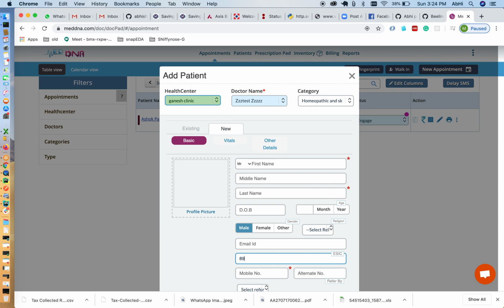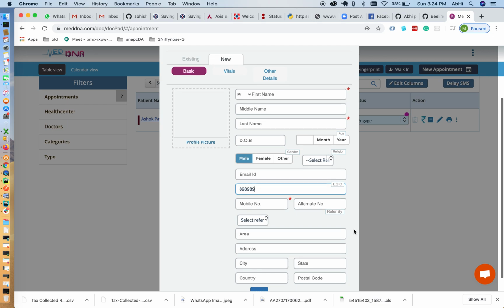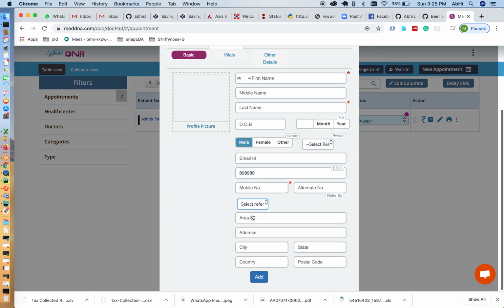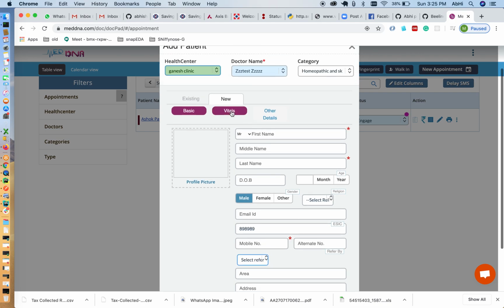Whatever ESIC number is entered, based on that, data will be pulled from the ESIC portal, and all the data that is available there will be filled in the fields available on this screen. Whatever is not filled can be entered by the receptionist or the doctor. Suppose once we select the ESIC number, first name, last name, date of birth, and address of the patient are filled, but mobile number or reference, or any other information that we want to fill, we can do by ourselves.